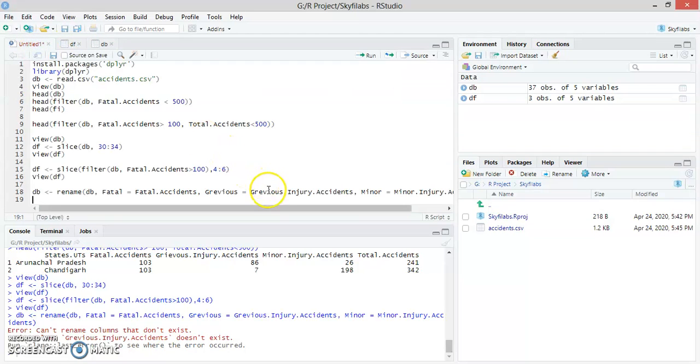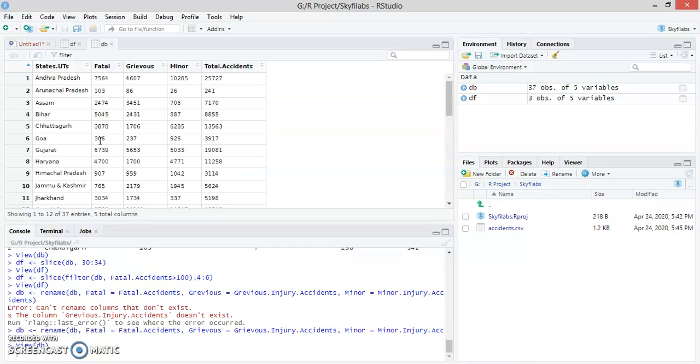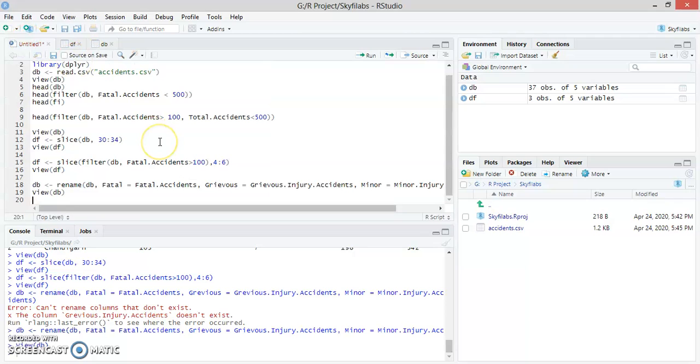Grievous. Grievous. Now the command is run, so we can view this data. So the names of the columns are changed in our database.